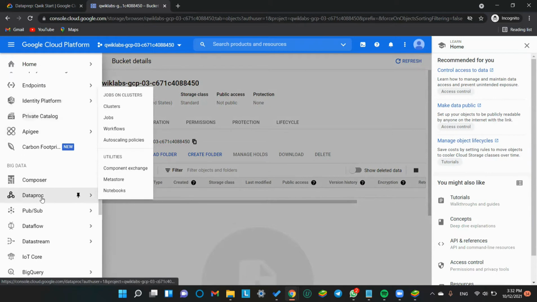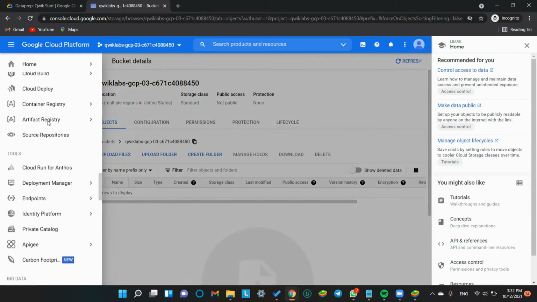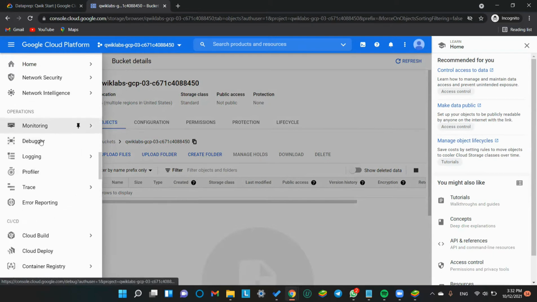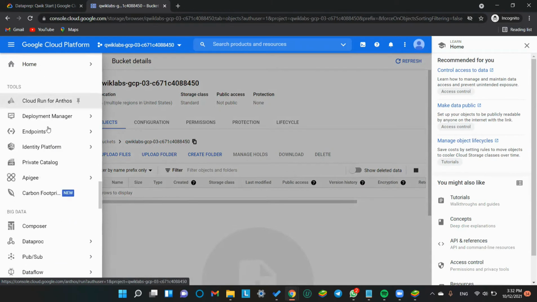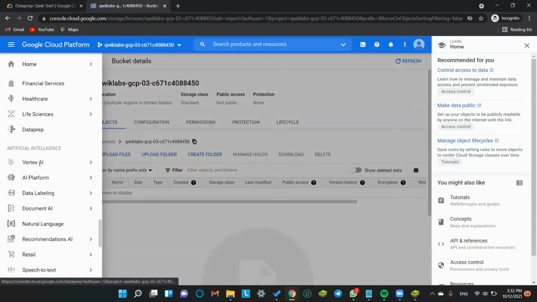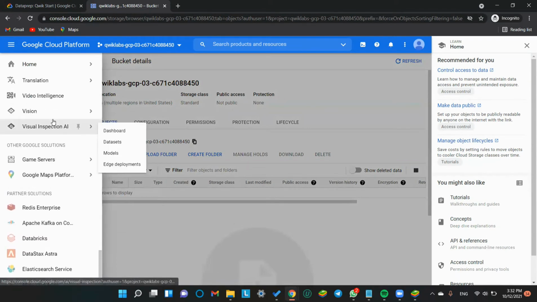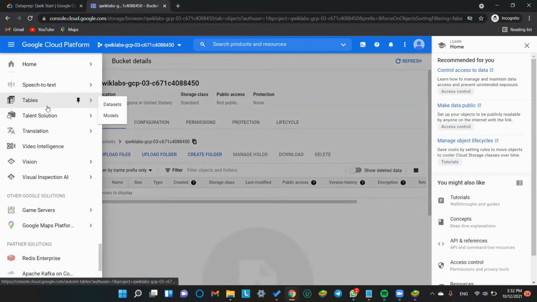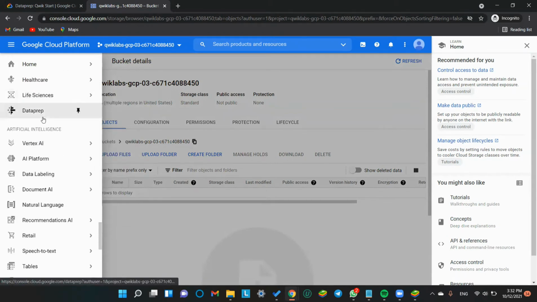No, it's Dataproc. I read something with D above, Debugger. We are searching for Data Prep. Dataproc. Data Prep. No, this is the end of the navigation menu. Home, tables, text to speech, retail, natural language, data. Here, Data Prep.